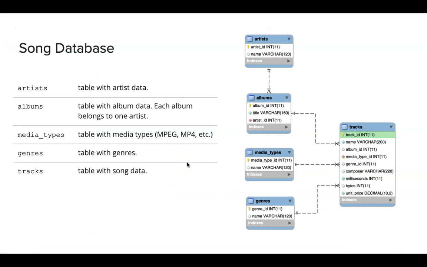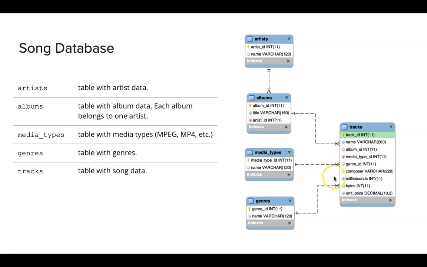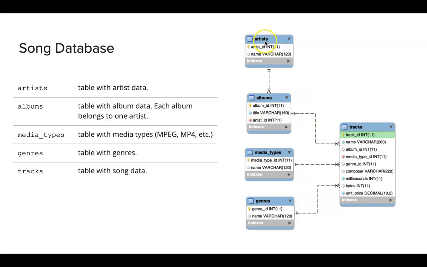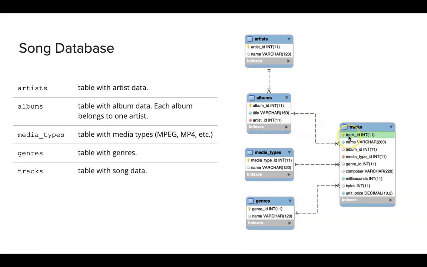Okay, so real quick, these are the tables. I kind of already went over it, but there's the artist table, albums, media types, genres, and then there's also tracks. Tracks is kind of like a main table. All the other tables have our supplemental information. They are normalized, right? These are all normalized tables, so they all kind of map back to the tracks table here.